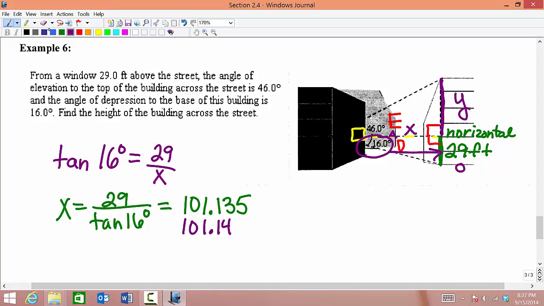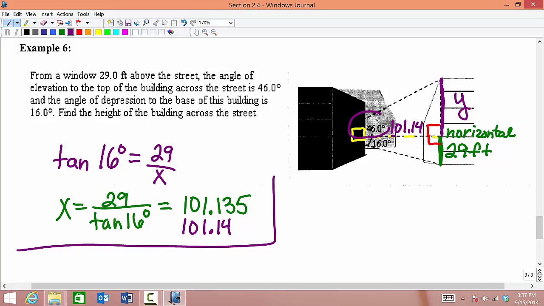So the measure of that horizontal, we solved for x there. Now we know that the measure of that horizontal is 101.14. Now for my top triangle, I actually know the angle and I know a side, and now I can solve for that one unknown side of y. Okay, so from the perspective now of our 46-degree angle working within that top triangle, we know also again the side that's adjacent and the side that is opposite. So the y would be opposite, so we're going to do tangent of 46 degrees is equal to y opposite divided by adjacent, which would be